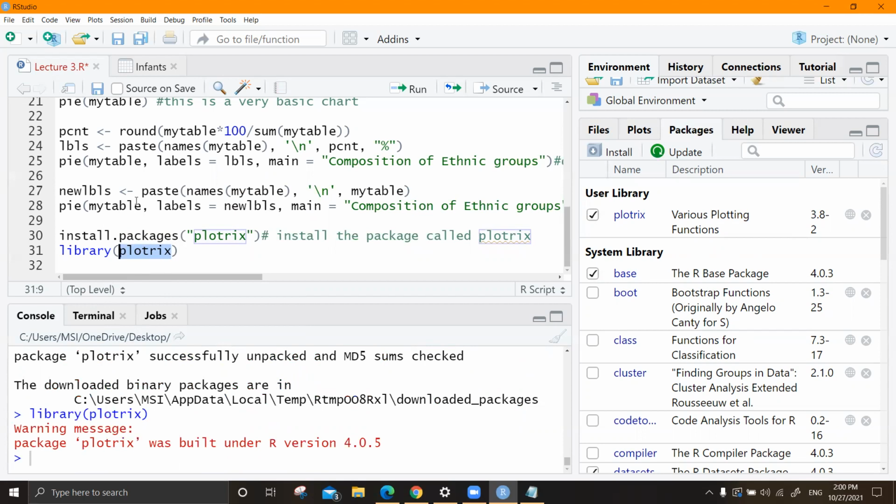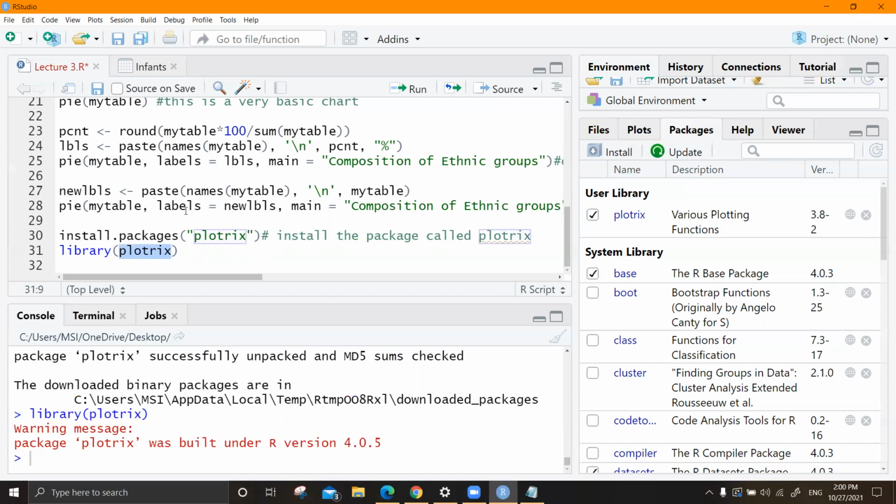You don't have to call the library of the base package, because that is automatically given to you when you install the software. But all the other additional packages have additional features, because in the base package you cannot draw a 3D plot. It doesn't have that feature. You have to have some additional package for that.